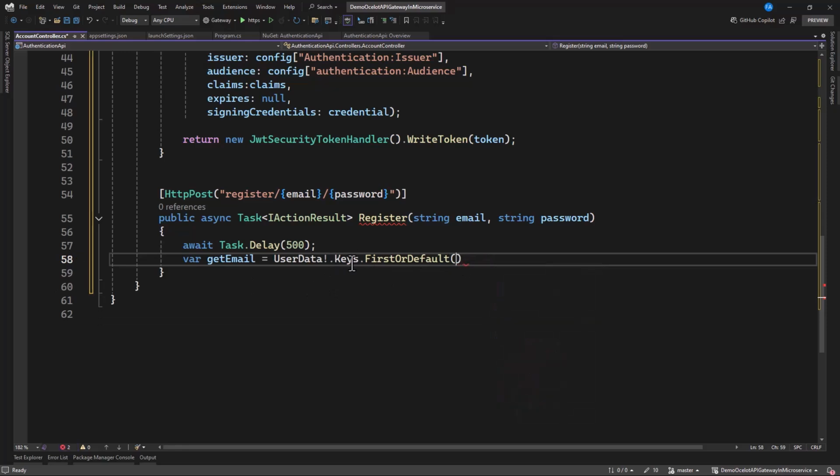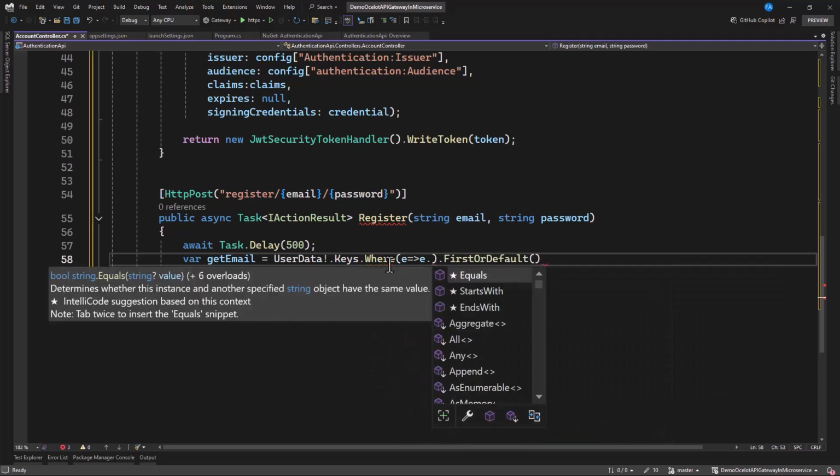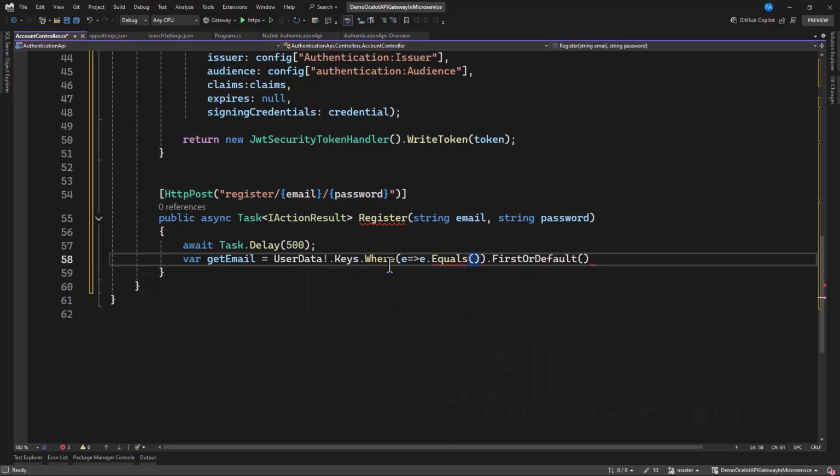Alright, so this is going to give us the first one, but we don't want the first one. What I want to do here is look through and now select what we need. So it's equal to this email.